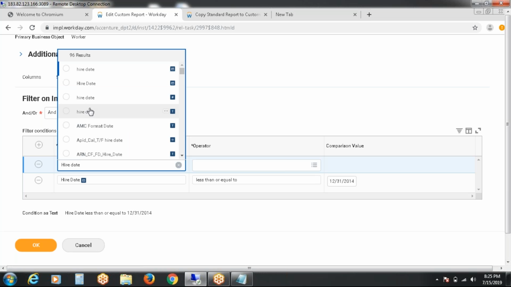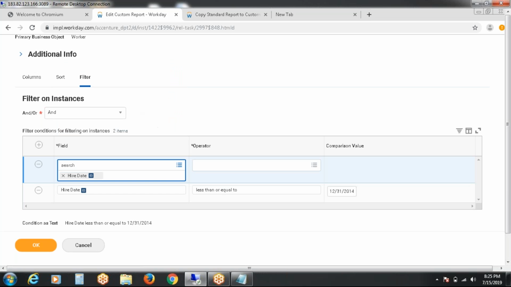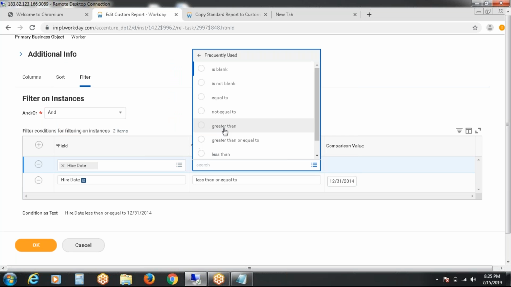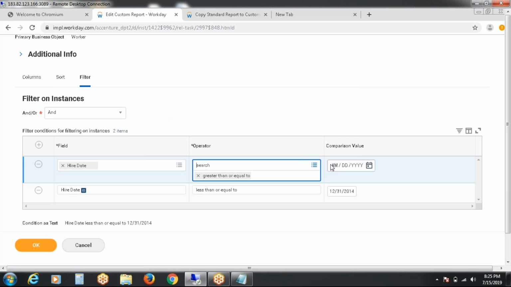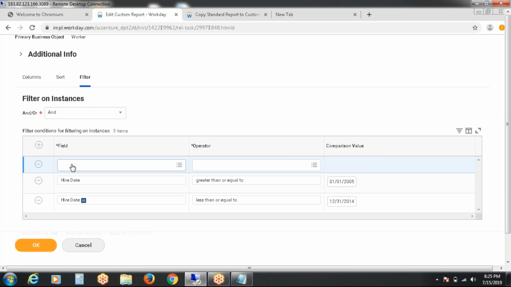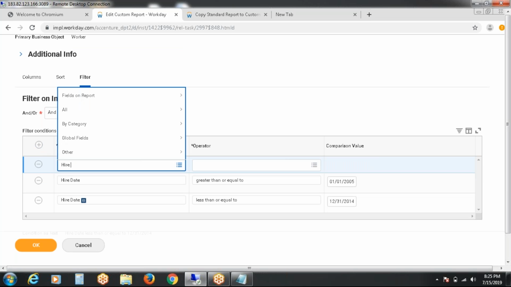Hire date greater than or equal to 2005 and less than or equal to 2010. So I would like to see the number of employees data in between these date ranges.